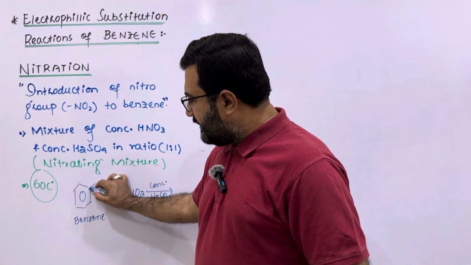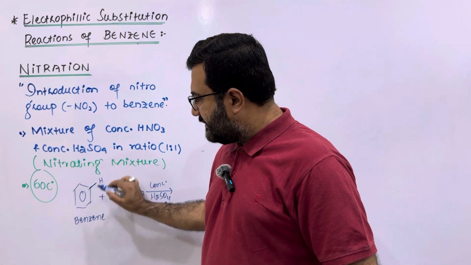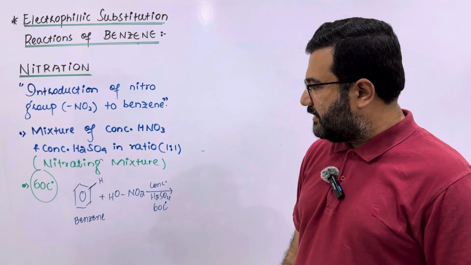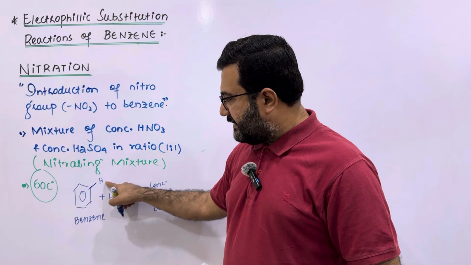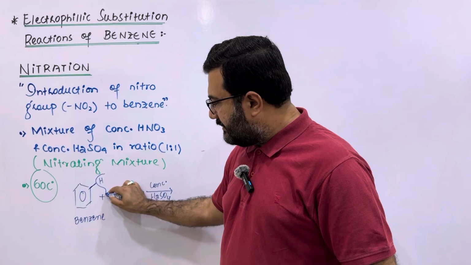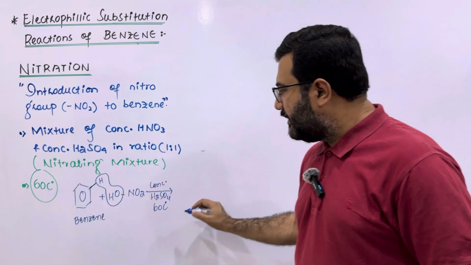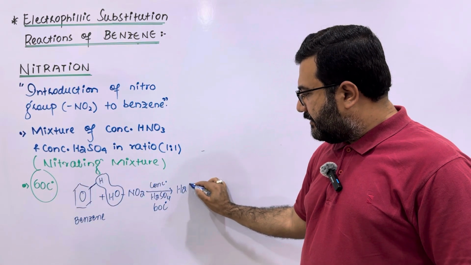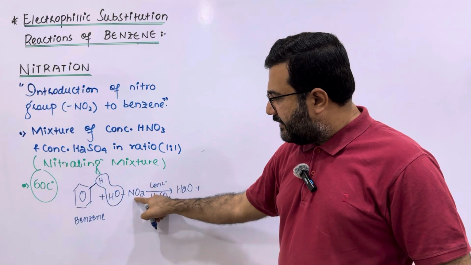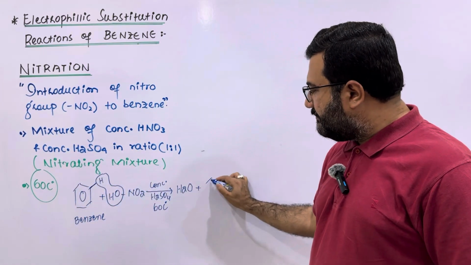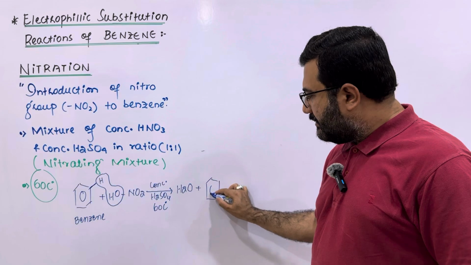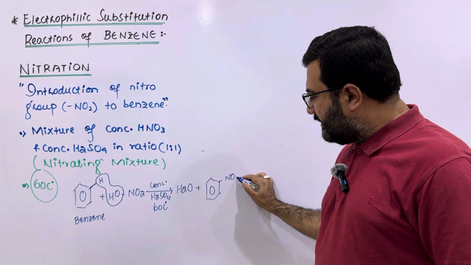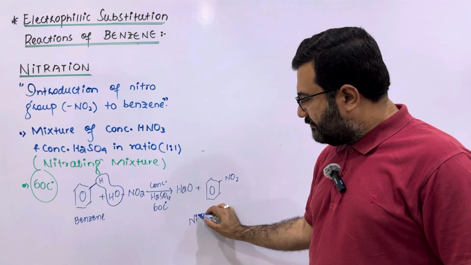My dear students, every corner of the benzene has one carbon and one hydrogen atom. So hydrogen atom present at one corner of the benzene will join with OH, it will form water, and this NO2 group will be introduced to the benzene ring, and my dear students, we will get nitro